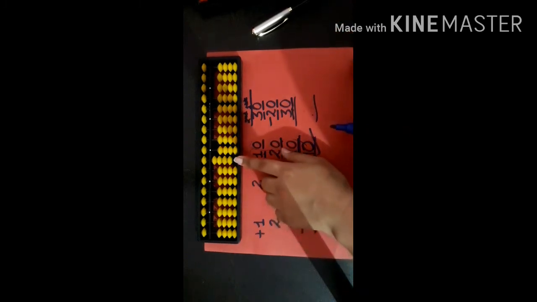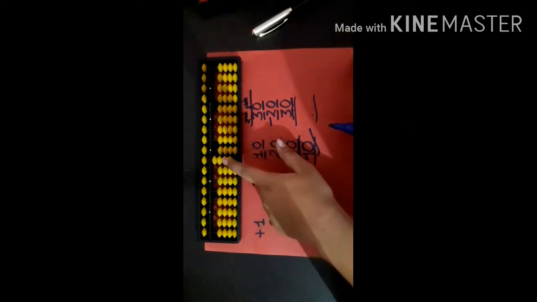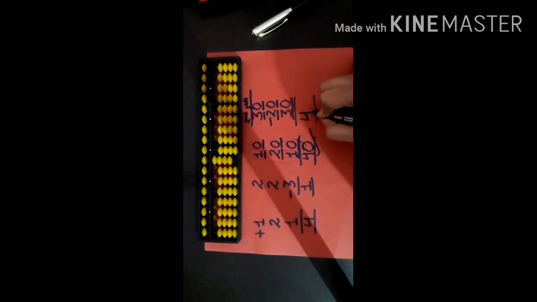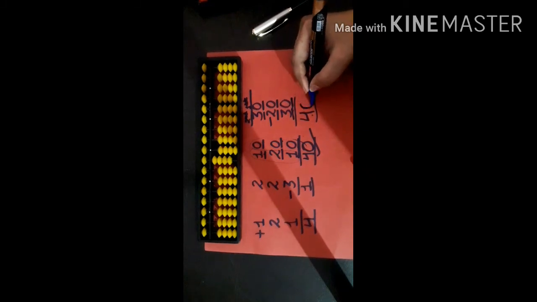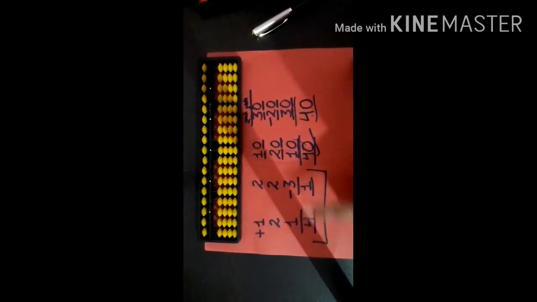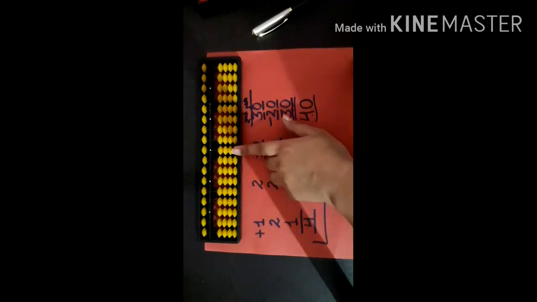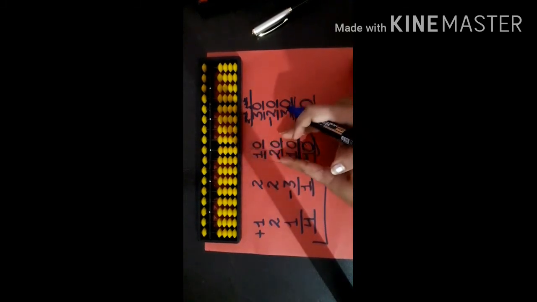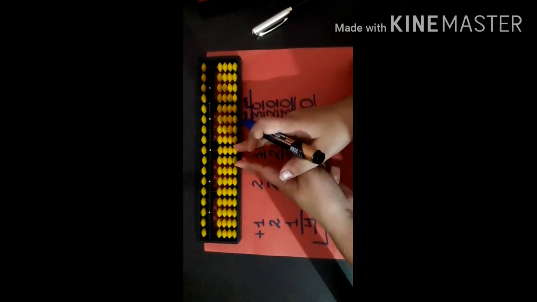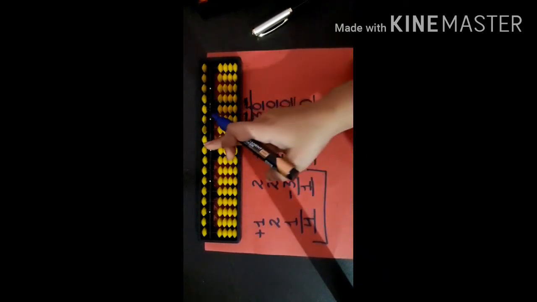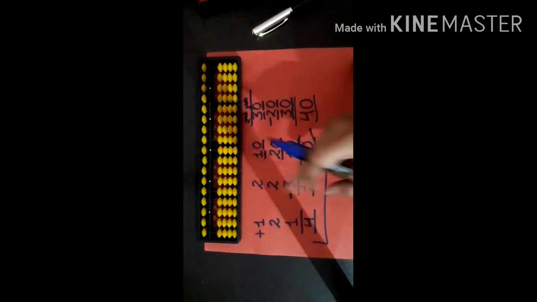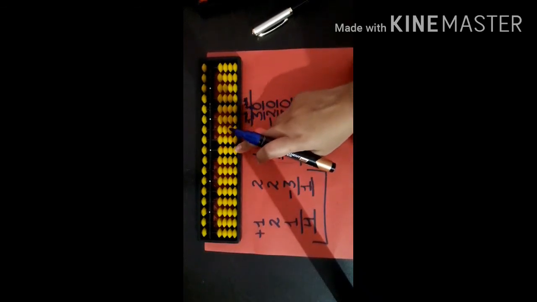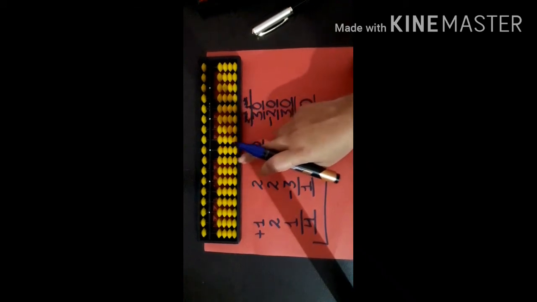See, in this rod it is 1, 2, 3, 4. And this rod nothing means 0. In these questions you are using only this rod. But in the double questions you are using 2 rods. The first line for first rod, second line for second rod.